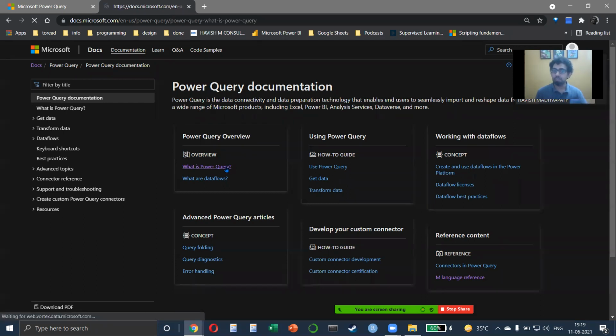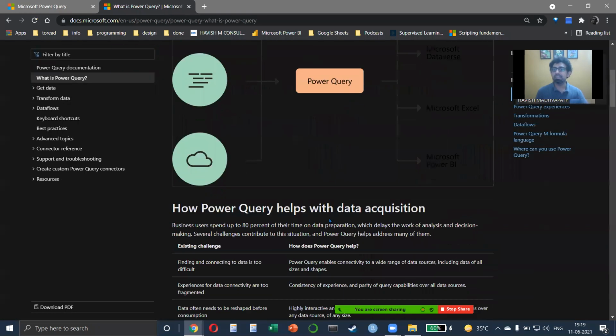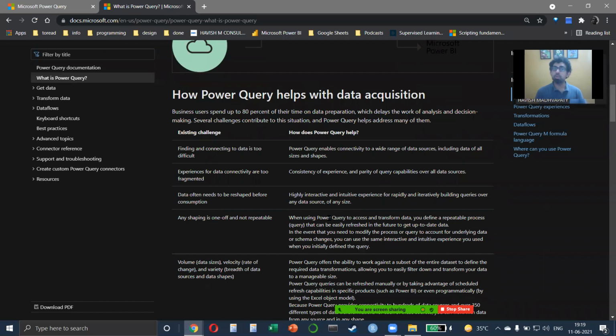Right? So if you go to Power Query, it will tell you what it is, why it is required, what it is that Excel cannot do, and what the existing challenges are that Power Query can solve. Things like Excel can't handle large files, Excel cannot save the steps. I know there is a macro, but there is no easy way of doing it without coding. In Excel, data transformation is not easy because you don't have many tools at your disposal. Excel cannot connect to all different types of data sets. So these are the limitations that we have on Excel in terms of existing challenges,